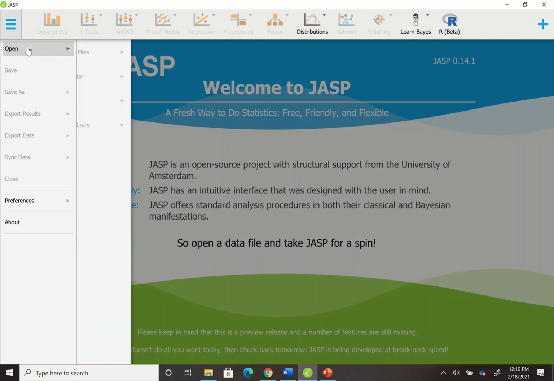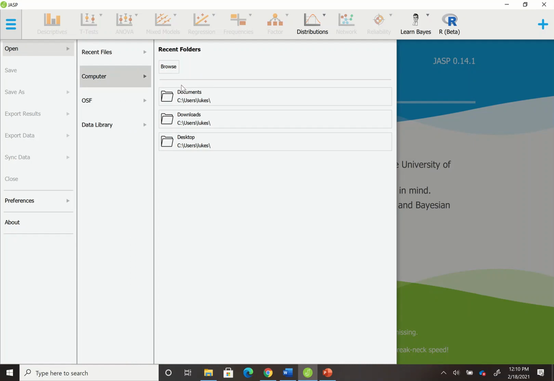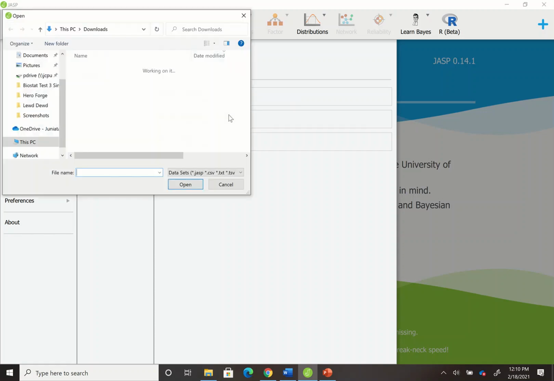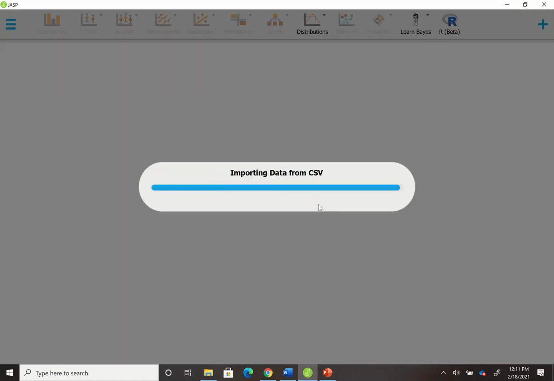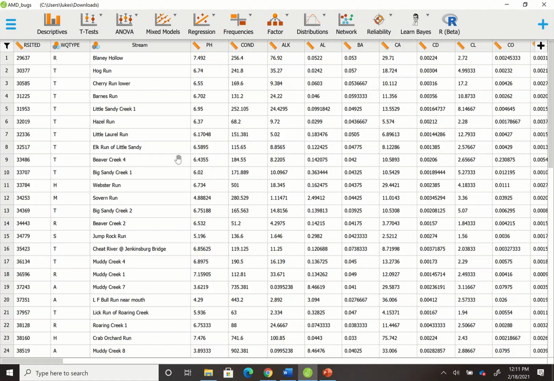Okay, so first off, as per usual, we're going to want to actually put in the data. For today's lesson, we're going to be using Juniata College's own Dr. Marovich's data, some bug data collected from streams, but if you're using your own, obviously you can use your own. So starting off, we're going to do some descriptive stats. So you go to descriptives right here,